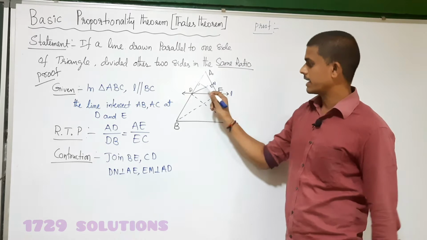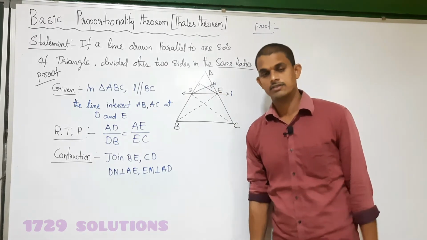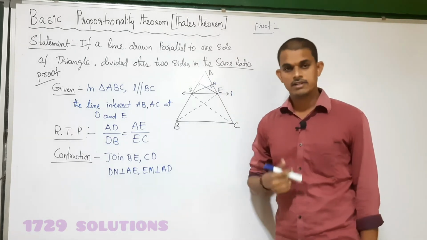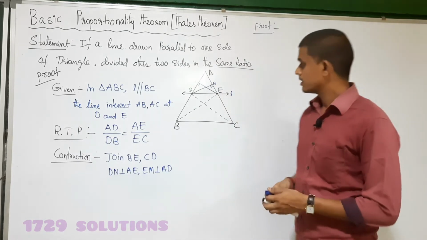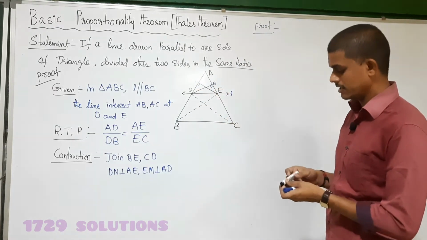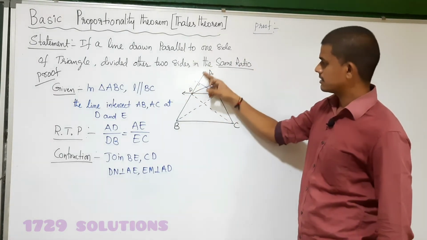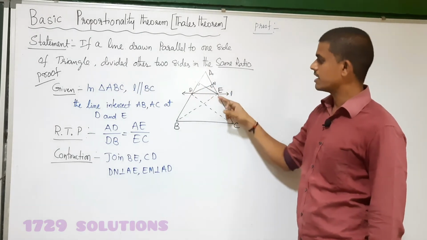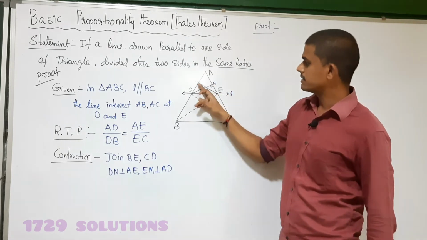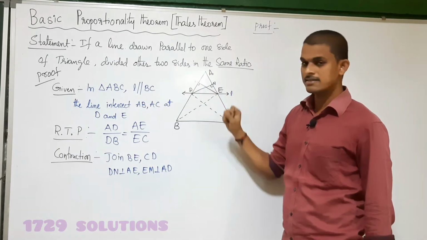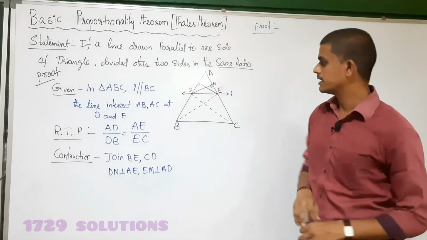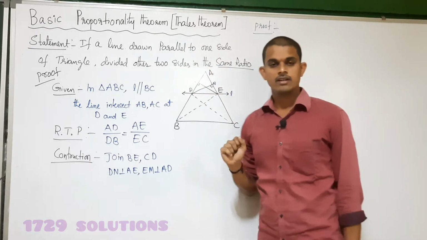For this purpose, I am taking the perpendicular lines. We don't know the height of the particular triangle, so I took two heights for taking the area of the triangle. The heights are EM, which is one height, and DN, which is another height. But in the area of triangle ADE, we have two heights. So what do you need to do? I am taking one height with AD as the base, and another height with AE as the base. Two times I am taking ADE as the area of the triangle.